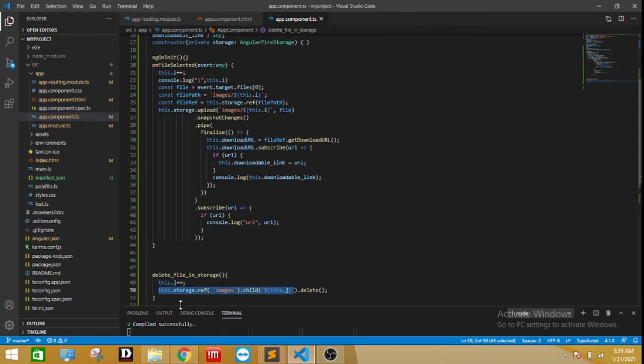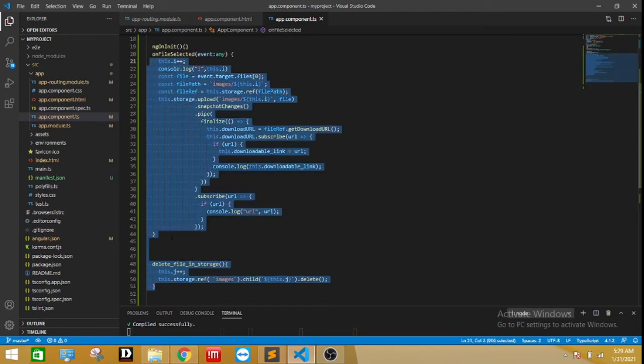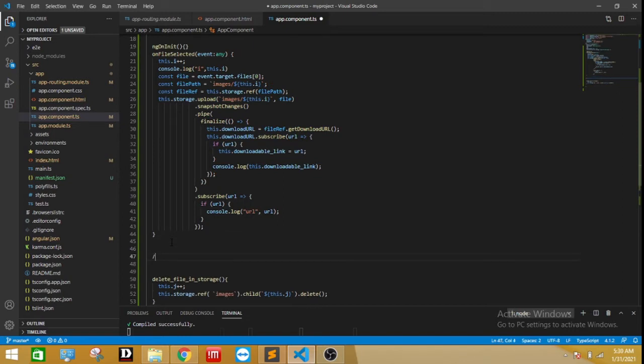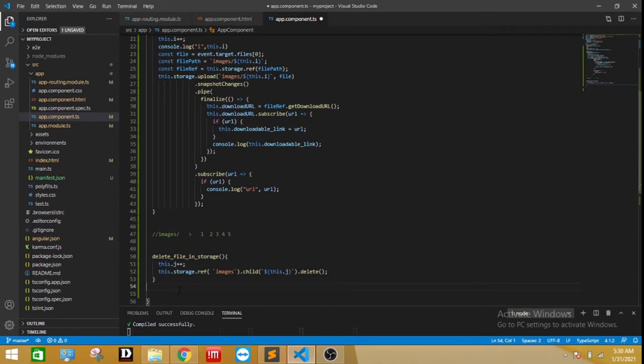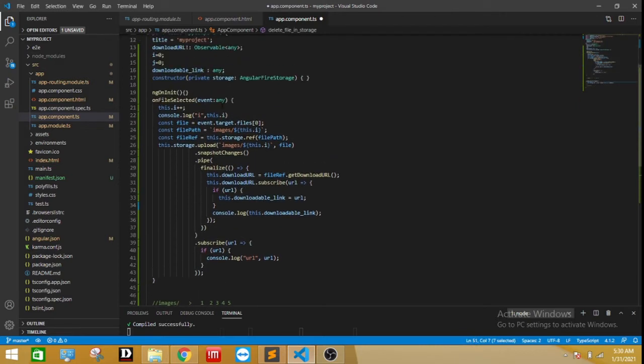So finally, what the whole code does is, each time we upload a new file, it is uploaded in the images folder with the name 1, 2, 3, 4, 5 and so on. And on each call of delete file in storage, the file is deleted in the order of 1, 2, 3, 4, 5 and so on, because j is initialized with 0 and i is also initialized with 0.